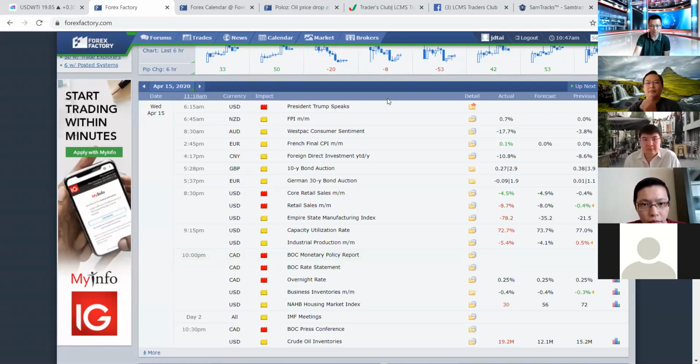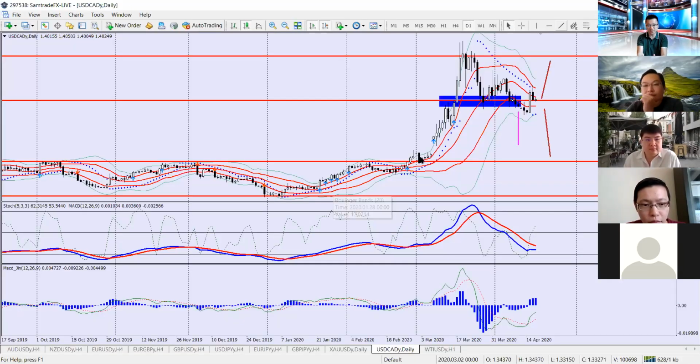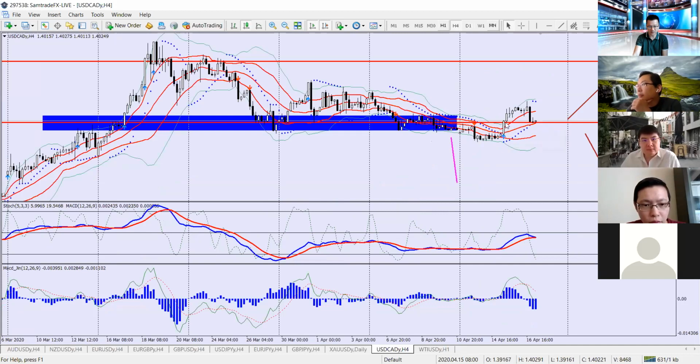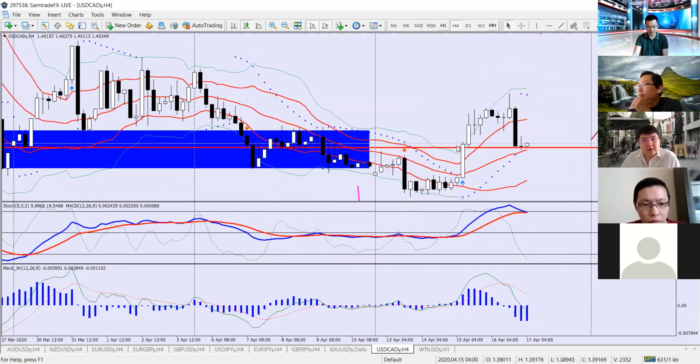Let me jump back to the charts again to show you. This is the daily time frame. So it's a bit hard to see the weakening of the Canadian dollar here. On the 4-hour chart, we could see that happening. Right, I'll zoom it in a little bit for you. On Wednesday night, we actually saw that weakening in the 4-hour chart, where they released the news. They didn't cut interest rates, and they released the news that they had a whole suite of tools to try